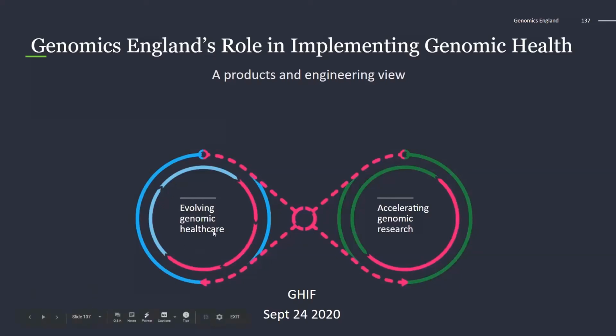Indeed, we have hundreds of examples where research has led to new diagnoses in the NHS. So this now common paradigm of an infinity loop is precisely how we see our role in the ecosystem.